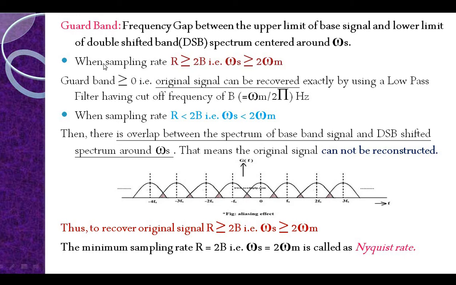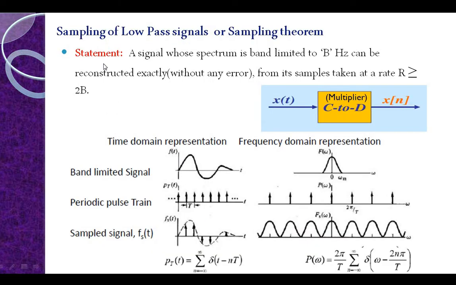Now we have two conditions for the sampling theorem. Whenever a question is asked for 5 marks, you write the statement, draw this graph and this block diagram. I forgot to draw a signal over here: draw an arrow and write that you are getting periodic pulse trains. Draw the periodic pulse trains, multiply, and you will get the output. For a 2 marks answer, draw this block diagram, the frequency domain and time domain graphs, and write the formula.